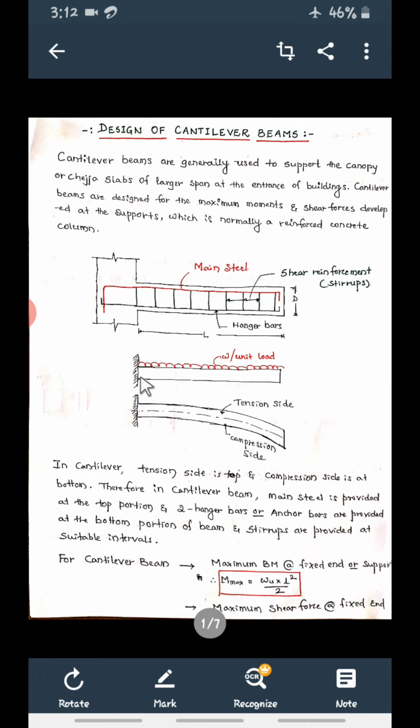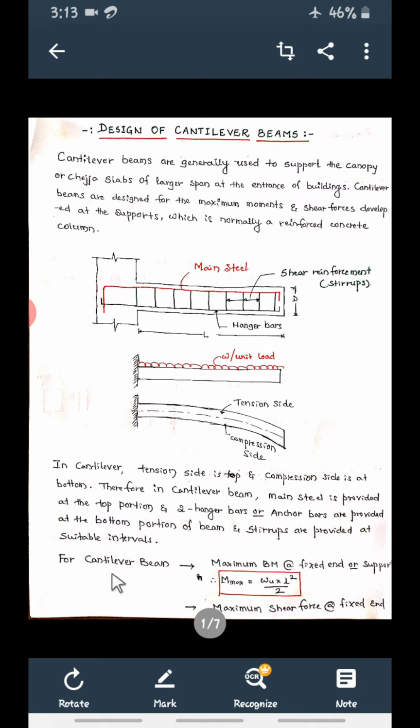Whatever this red line is showing is the main steel, provided at the top because the tension side comes at the top, and these will be the hanger bars, two numbers. Just for support, these two bars are provided at the bottom, and all of these will be tied together as usual with the shear reinforcement in the form of stirrups. Okay,